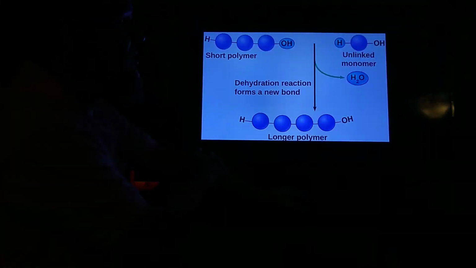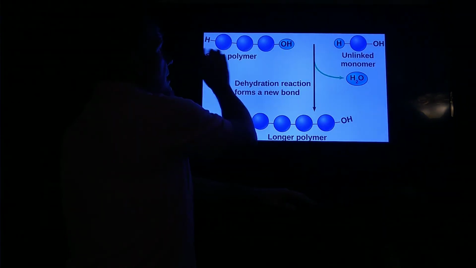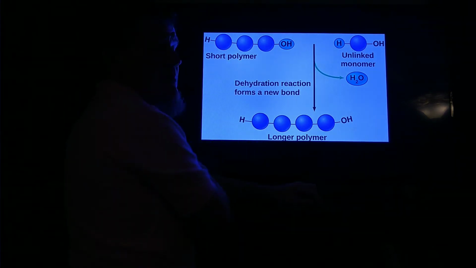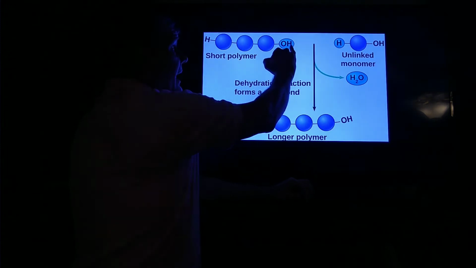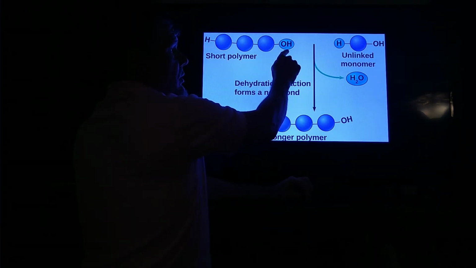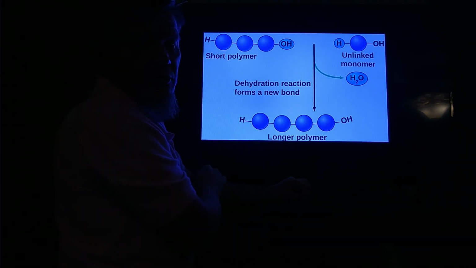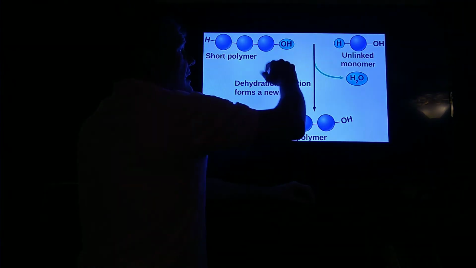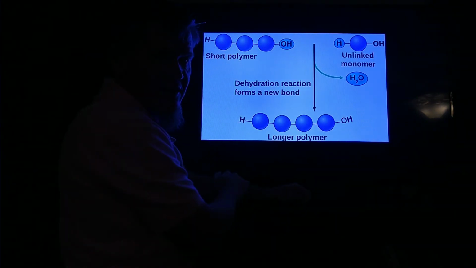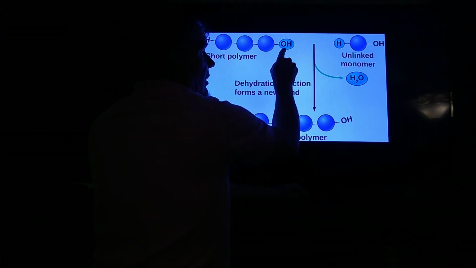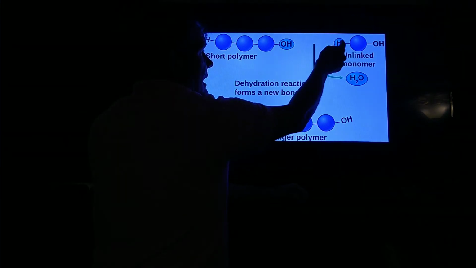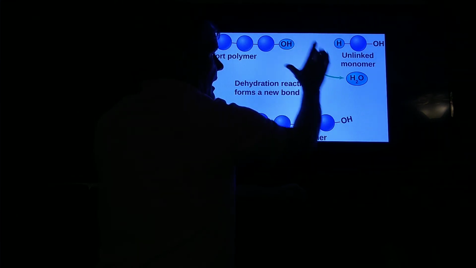This shows dehydration synthesis. Here is a short polymer. Each one of these little pearls represents a different molecule. Notice that at the end of my little pearl right here, it's got one of those little alcohol groups, OH groups. This is a monomer that's not attached to anything. It's got my little alcohol group over here on the side, and it's got a little hydrogen right here. I take the hydrogen off of this one. I take the alcohol group, the OH group, off of that one, and I link them together, and that's how I make water,